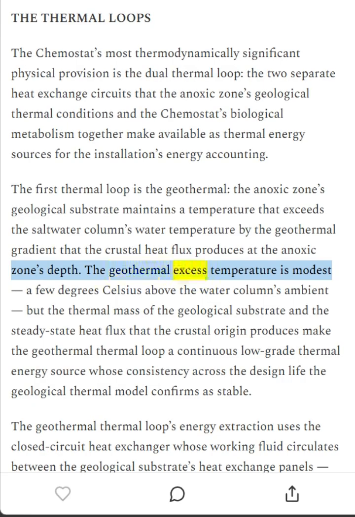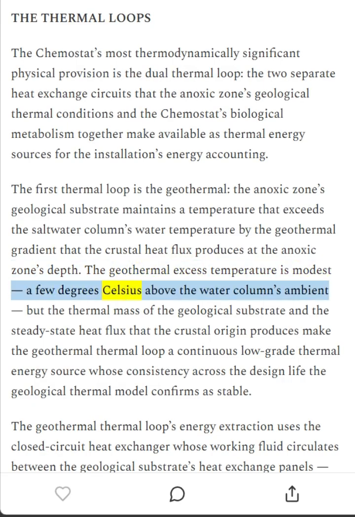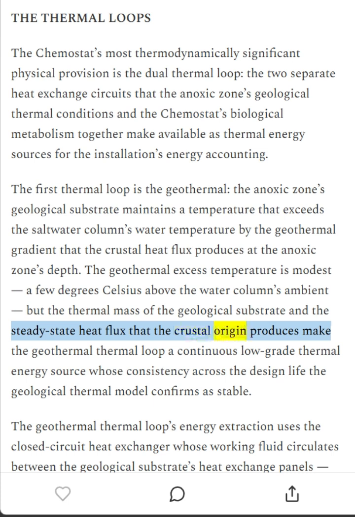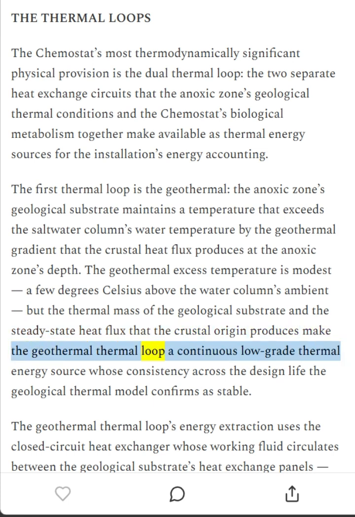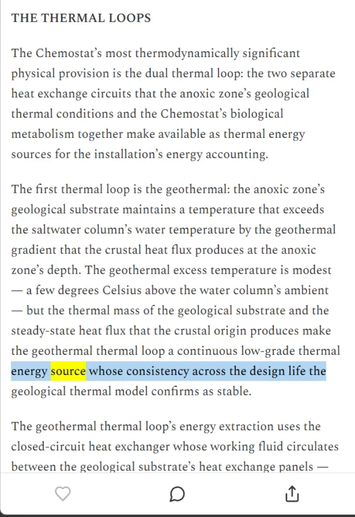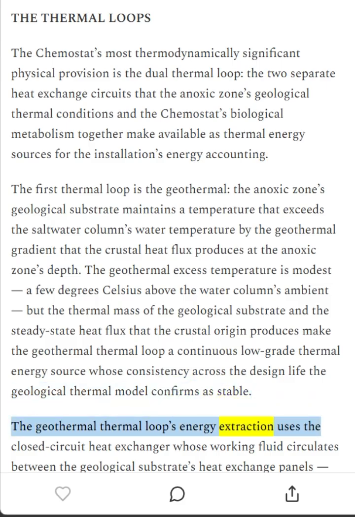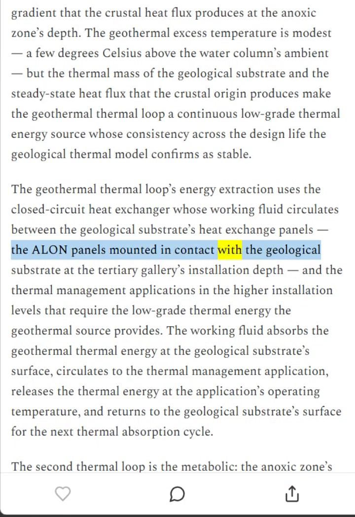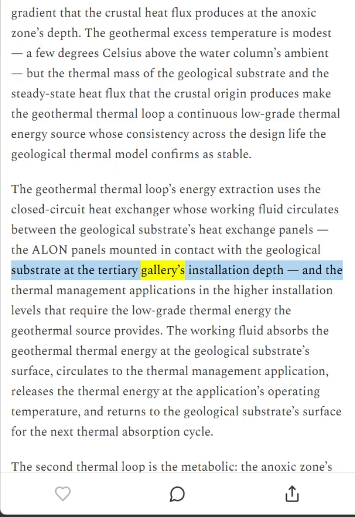The geothermal excess temperature is modest, a few degrees Celsius above the water column's ambient, but the thermal mass of the geological substrate and the steady-state heat flux that the crustal origin produces make the geothermal thermal loop a continuous low-grade thermal energy source whose consistency across the design life the geological thermal model confirms as stable. The geothermal thermal loop's energy extraction uses the closed-circuit heat exchanger whose working fluid circulates between the geological substrate's heat exchange panels, the panels mounted in contact with the geological substrate at the tertiary gallery's installation depth,